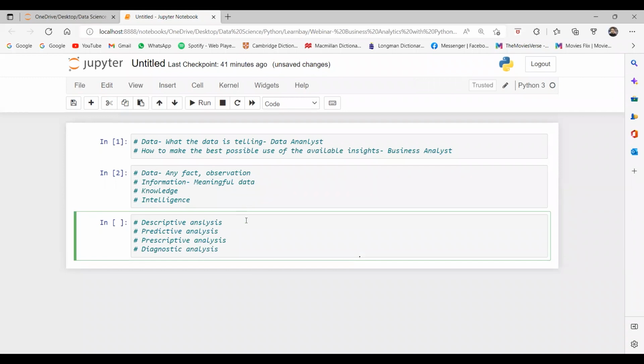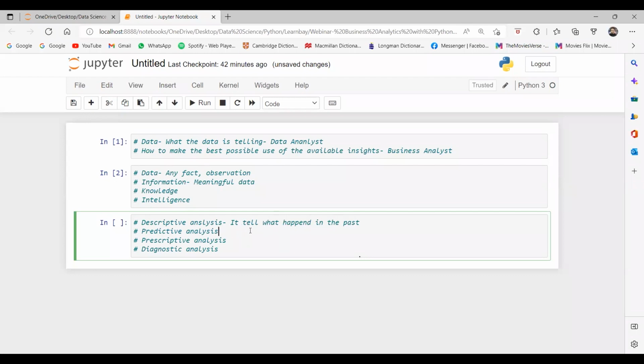Try to understand what descriptive analysis is. What happened in the past? This is the descriptive analysis. It tells what happened in the past. Okay, guys, understood?